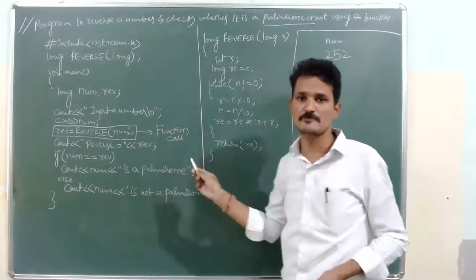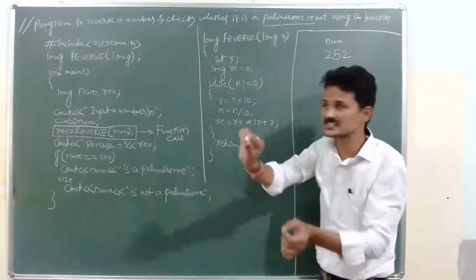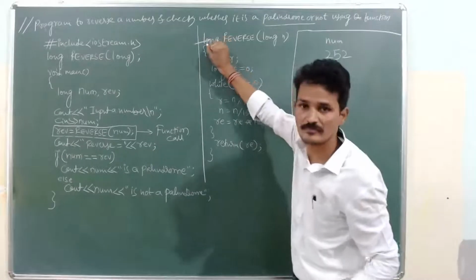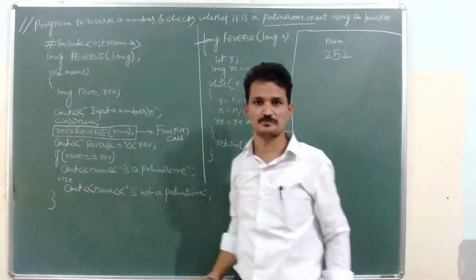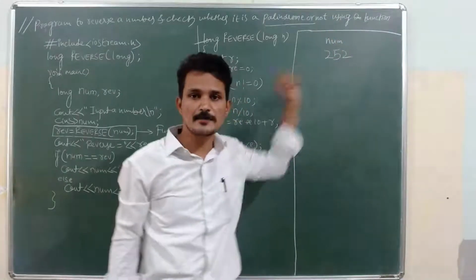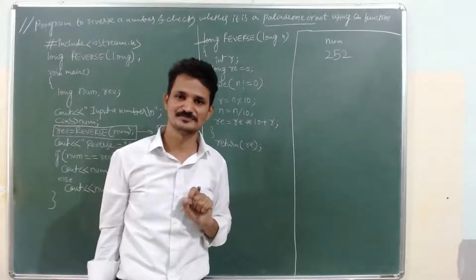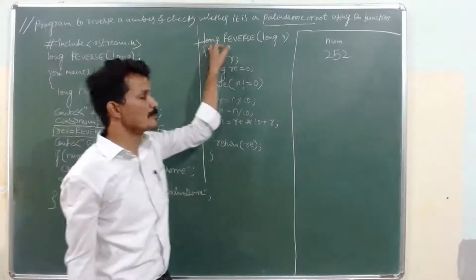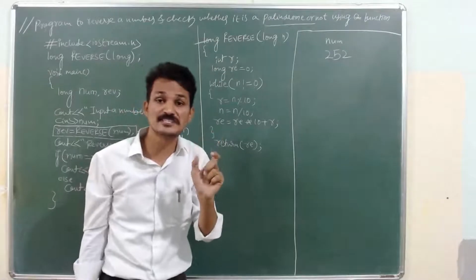When the cursor hits this particular line, it makes a jump from the calling function to the called function. The cursor comes to this particular line. Without executing this set of statements, it directly goes to the subprogram, or else the called function. Followed? Well, so coming back to this segment,